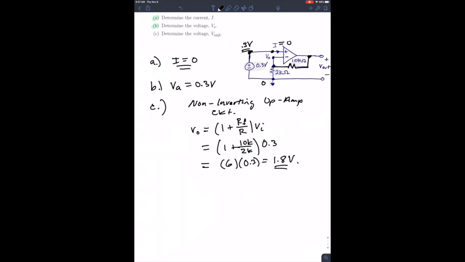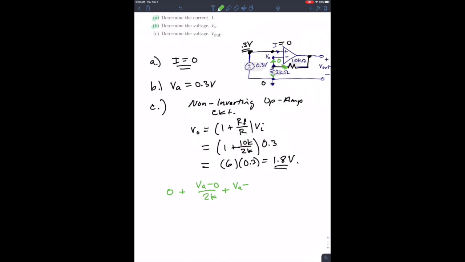What would you do? Okay, well, what you do is you write a node equation at node VA. Alright, so let me change the colors here. You would have this current, but we know that current's 0, right? It's coming into the terminal of the op-amp, plus this current, plus this current. The sum of those currents is equal to 0. Alright, so you have 0 plus, one would be VA minus 0 over 2K. The other would be